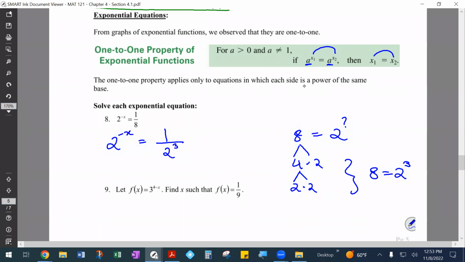Now, since it's 1/2 to the 3rd, we're going to move that 2 to the 3rd back into the numerator. So as soon as I move it from denominator to numerator, my exponent going from positive will actually become negative. And this is what I'm trying to do, basically get my bases to match like this guy over here. So then I can say my exponents are equal and I can find x. So we've taken our 1/8, we rewrite it as 1/2 to the 3rd. Now we're moving that 2 to the 3rd to the numerator, which changes the sign on your exponent. And now, by the one-to-one property,